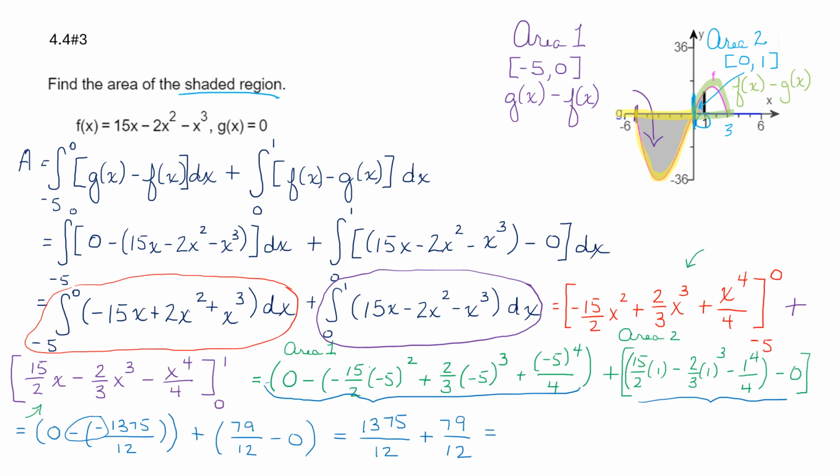So we're going to add those together and reduce, and we get our final answer of 727 over 6 is our total area. Lots of opportunities for mistakes here. Lots of opportunities, but I know you guys can do it. I am a big believer in the color coding, and I hope that you find that